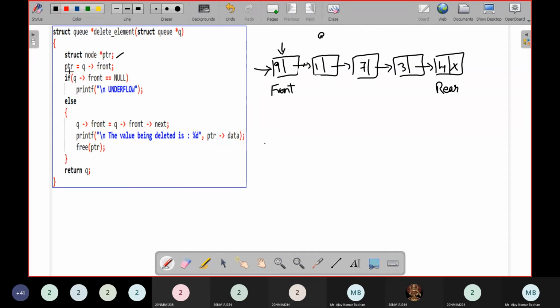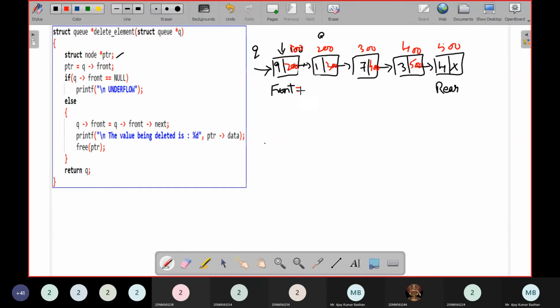Now you can see, initially I'm doing pointer equal to queue of front. You know this is a queue, so queue of front. Let me give the addresses here. This is 100, this is 200, this is 300, 400, and finally 500. Now pointer equal to queue of front.